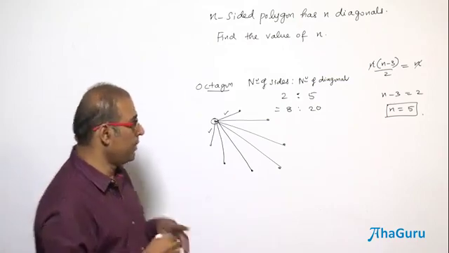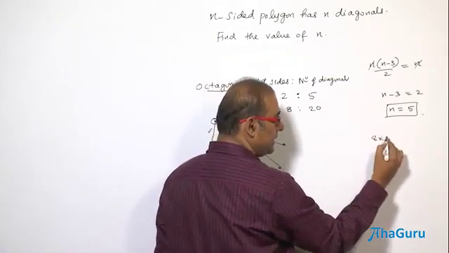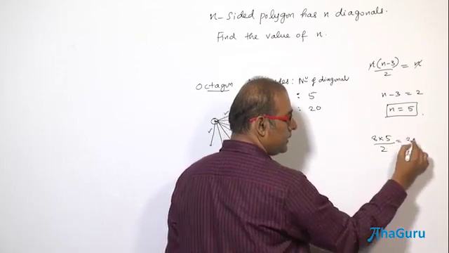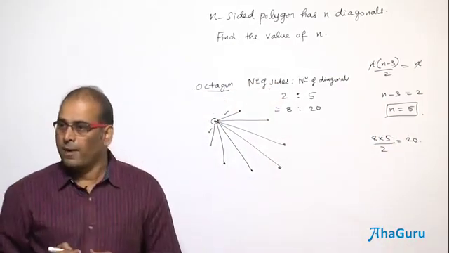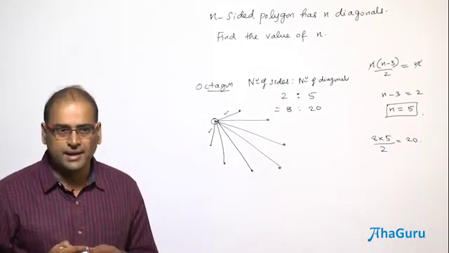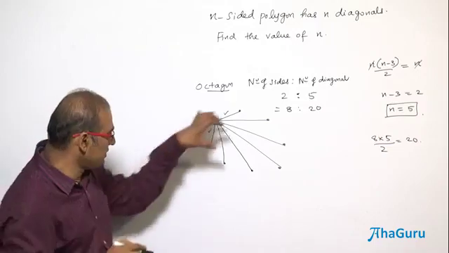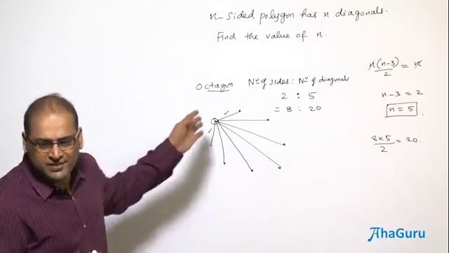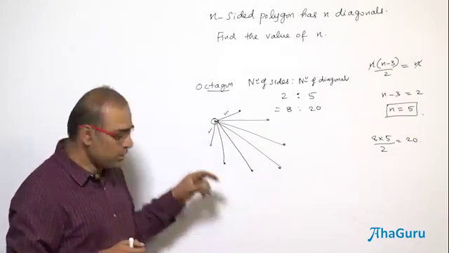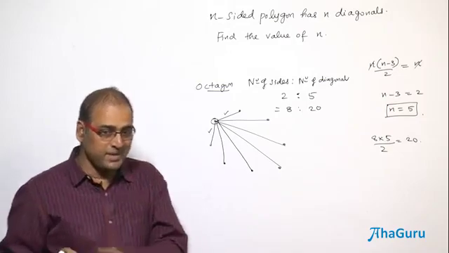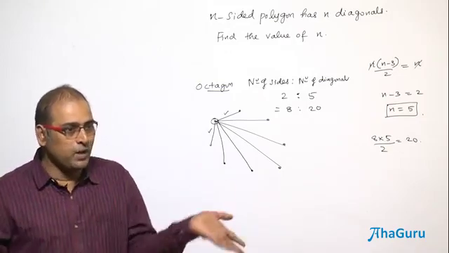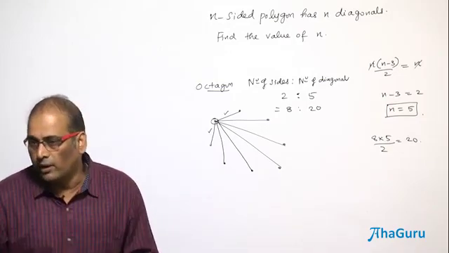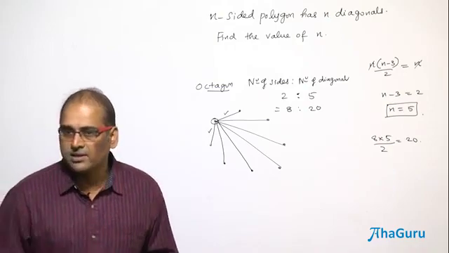If you are going to use the formula, it's 8 into (8 minus 3) by 2. But I have got a different idea now. Just by this picturization, you are able to see the number of sides is to the number of diagonals, and it is going to be the same for every vertex. You count 2 sides and every side is counted twice, every diagonal is counted twice. Therefore, my count is only double, so the ratio is not going to change. So the number of sides is to the number of diagonals is the same.